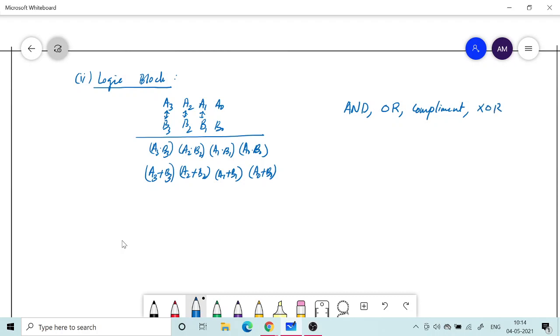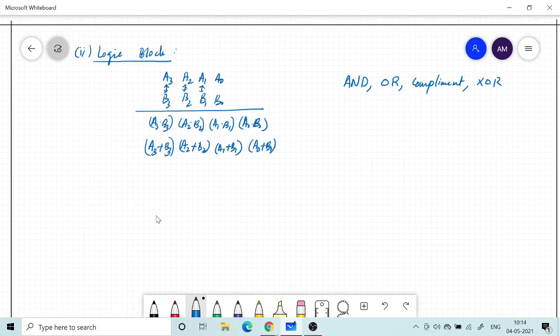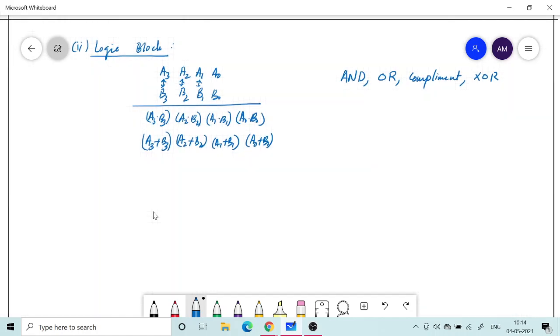Okay, so we will take these four as the chosen operations. So we want these four operations to be achieved. You can also think about achieving more operations. So let me say complement of A.